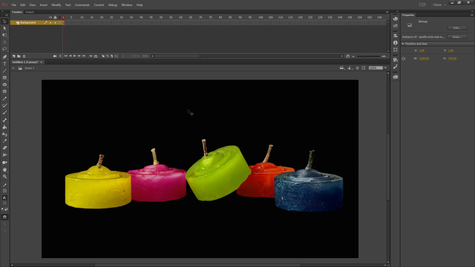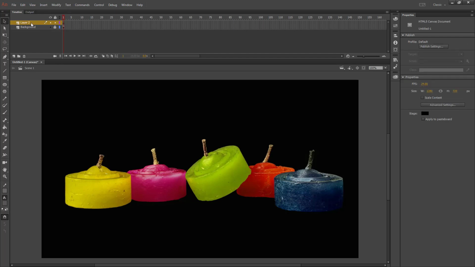Remember, if your image does not fit your background, to resize it. And then once you're finished, lock your background layer. And then create a new layer to add your fire animation. Since they've not re-implemented the deco tool in Adobe Animate, we're going to switch over to Flash CS6 to create